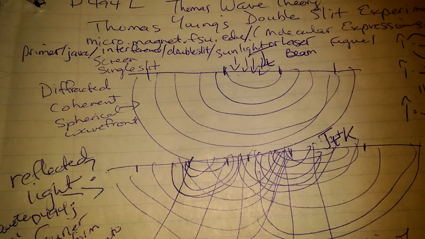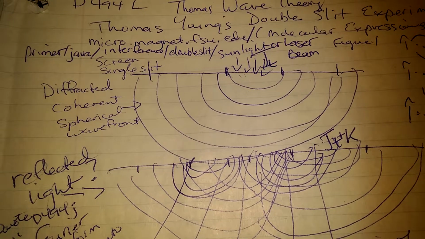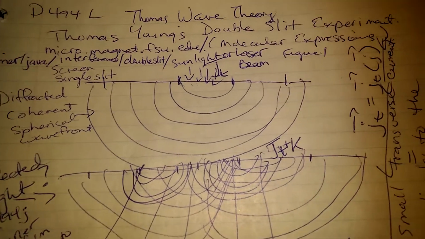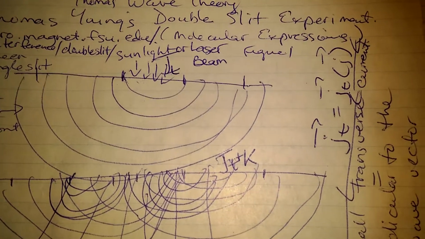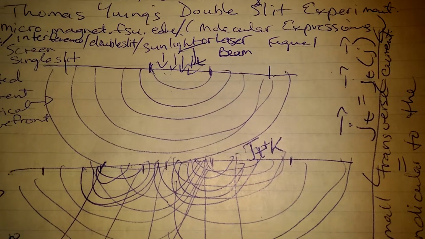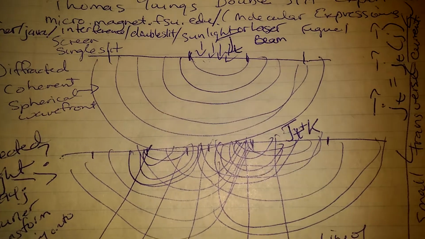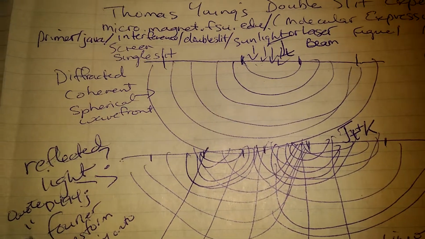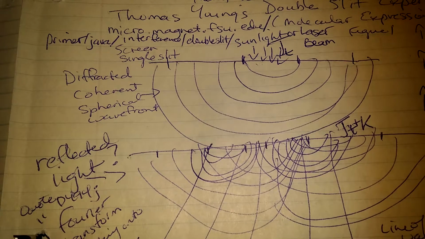micro.magnet.fsu.edu/primer/java/interference/doubleslit/sunlight. Sorry, I got my notes kind of squished in there. So it's Molecular Expressions, sunlight or laser beam, goes at the top, down arrows, and it shows the single screen slit,